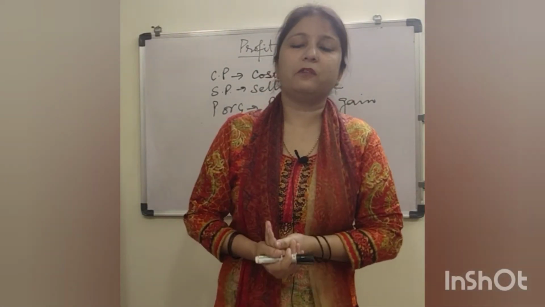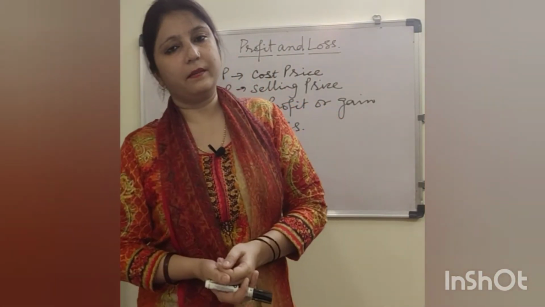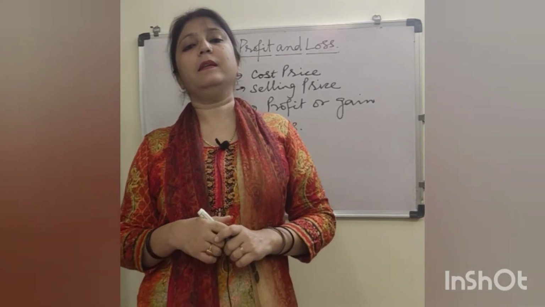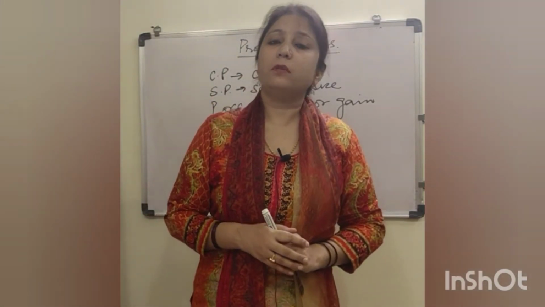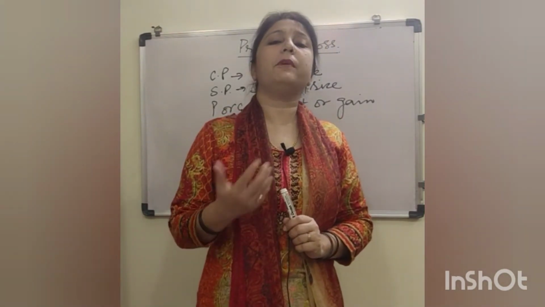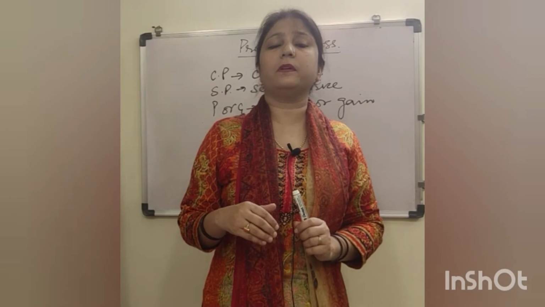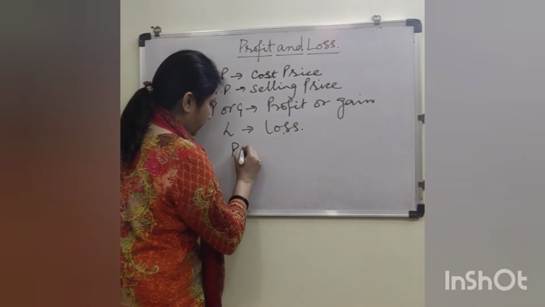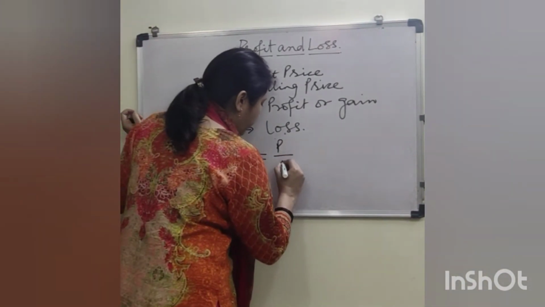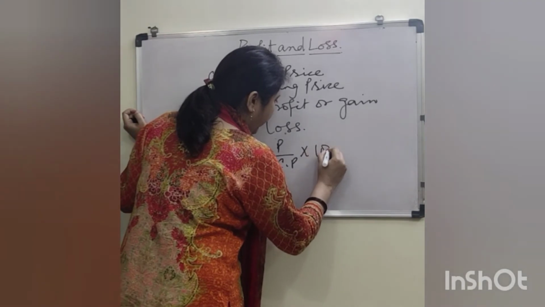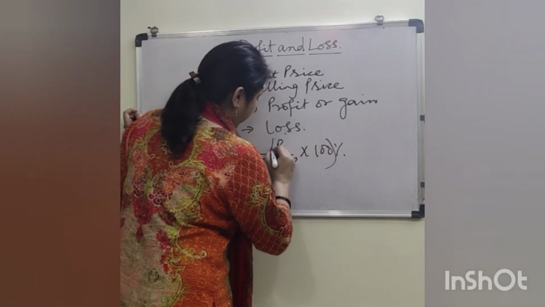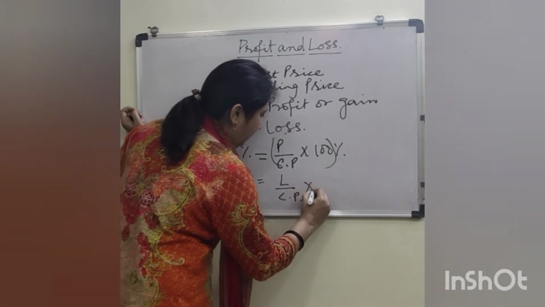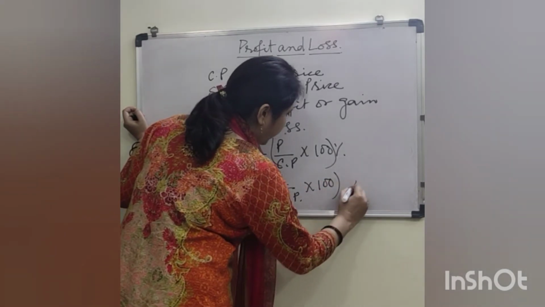Profit and loss can be expressed in two ways, one as an amount, one as a percentage. So, we have two more terms, profit percent as well as loss percent. And children, we always calculate our profit percent and loss percent in comparison to CP. So, profit percent is expressed as profit over CP multiplied by 100%, whereas loss percent is loss over CP multiplied by 100%.